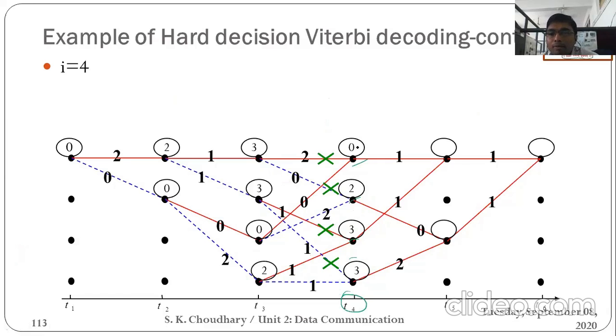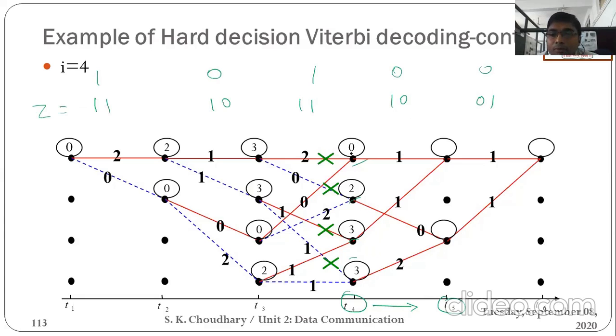Now, for the next time instant, when you move from T4 to T5, we know that the area till the first 3 is for the message bits. Now it is the area for flush bits, and flush bits will always be 0 0. Now again write the received value of the code word for the corresponding input.